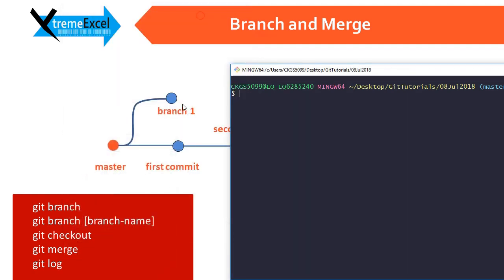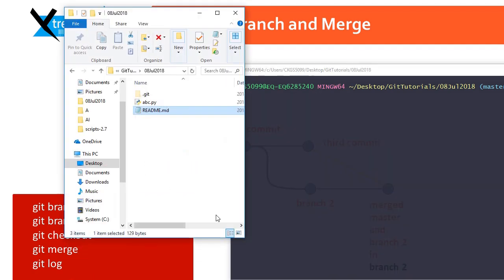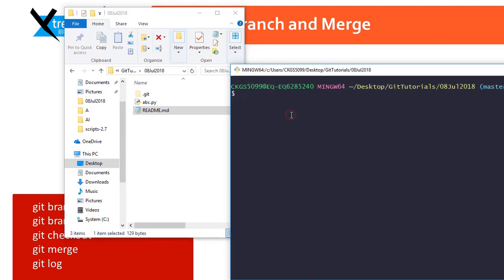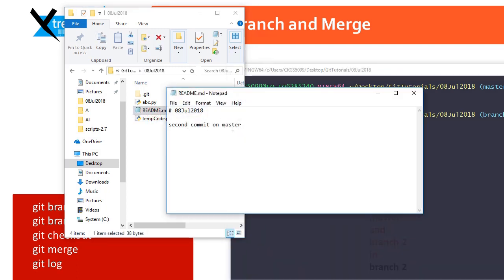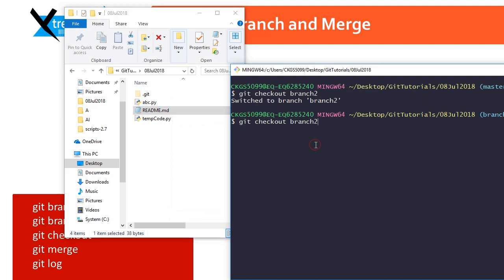Welcome back everyone. So now we'll see how to merge the branches. We have made some changes on branch 2. We have also done one commit on master, and if we want to do a merge of these two branches